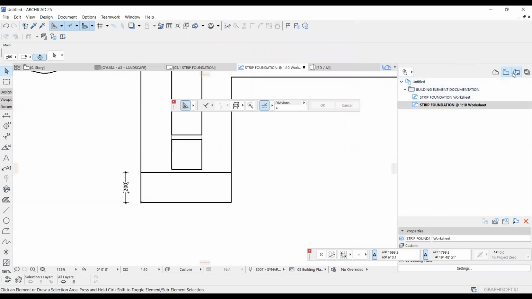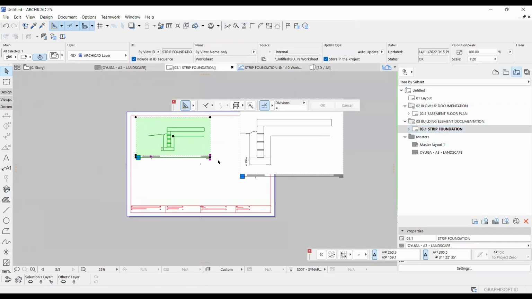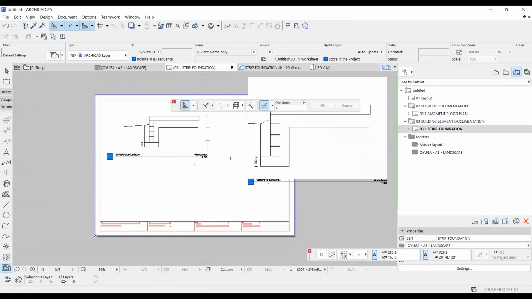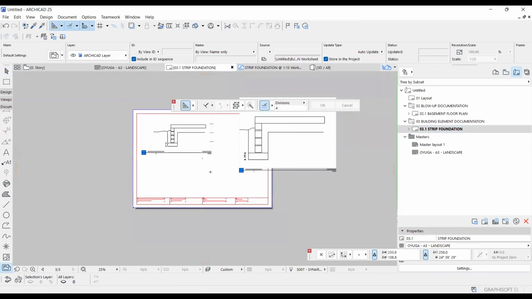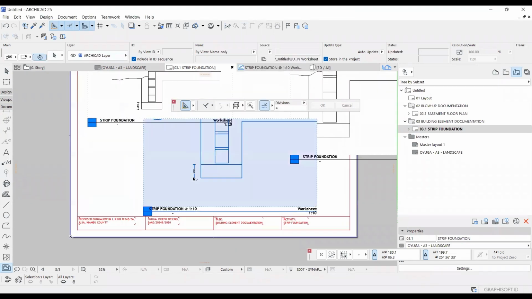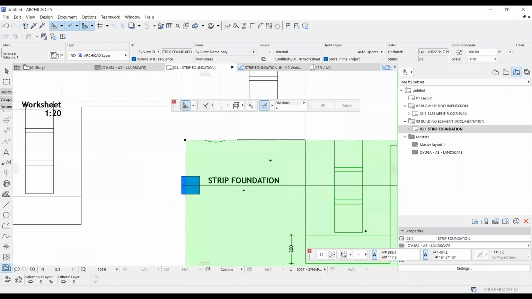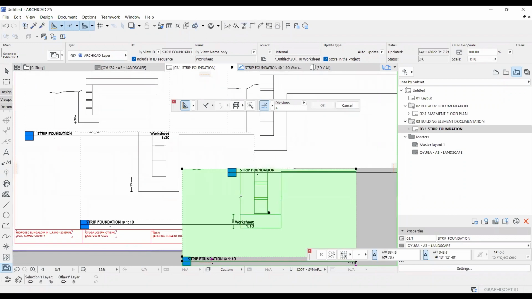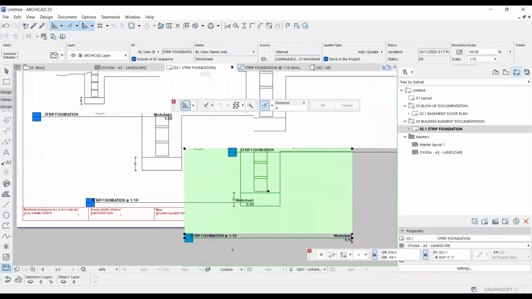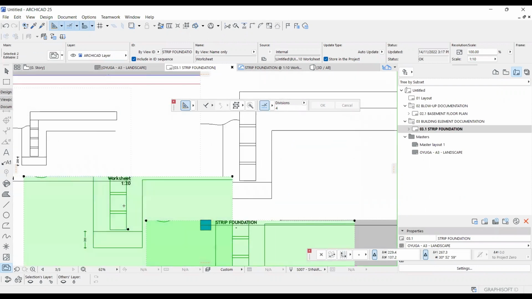Okay. Let's go back to our layout. Now, I want to place a 1 to 10. Okay. So I'll just right click and then say place drawing. And now I'll come and place the view set that reflects my scale 1 to 10. And if I say okay, you'll notice that in terms of size, in terms of drawing, there's no difference between this that you have done at scale 1 to 10 and not magnified, and this that you have done at scale 1 to 20 and magnified